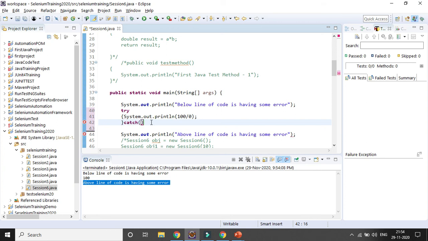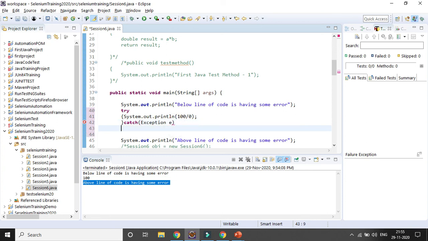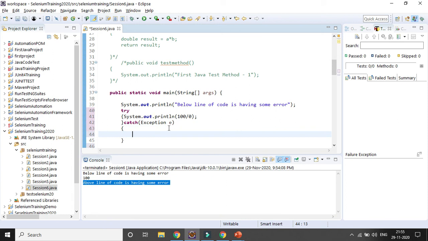You can give Exception, the generic exception, with variable name e. Then you will also need to print out the exception, so I will be printing it with System.out.println, then exception e. That's how you can create your own try catch block.